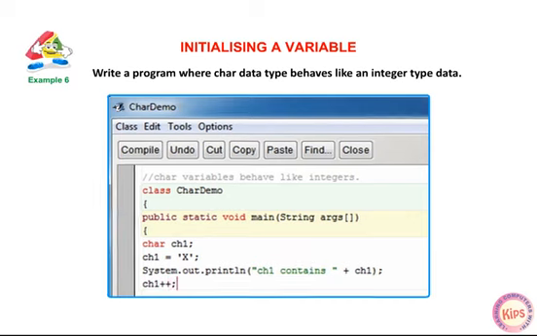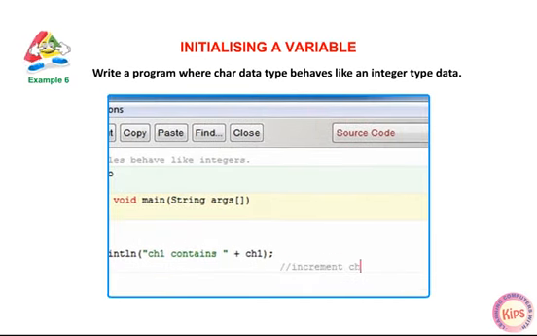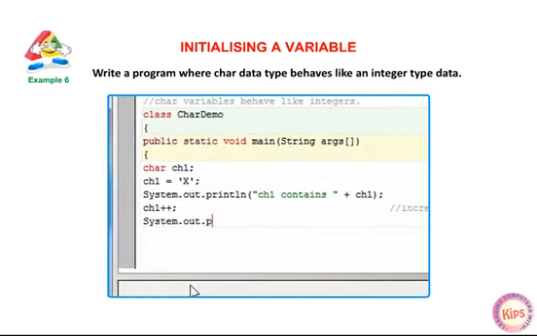ch1++; // increment ch1. System.out.println("ch1 is now " + ch1); } }